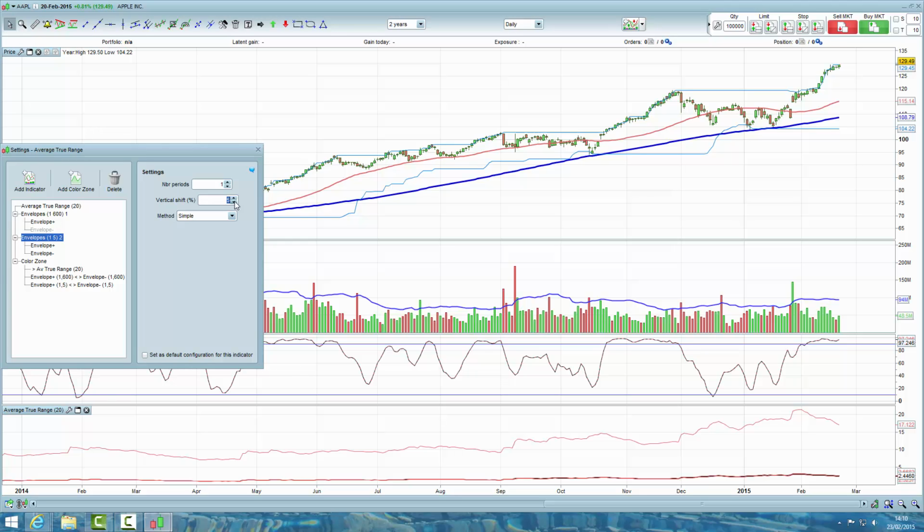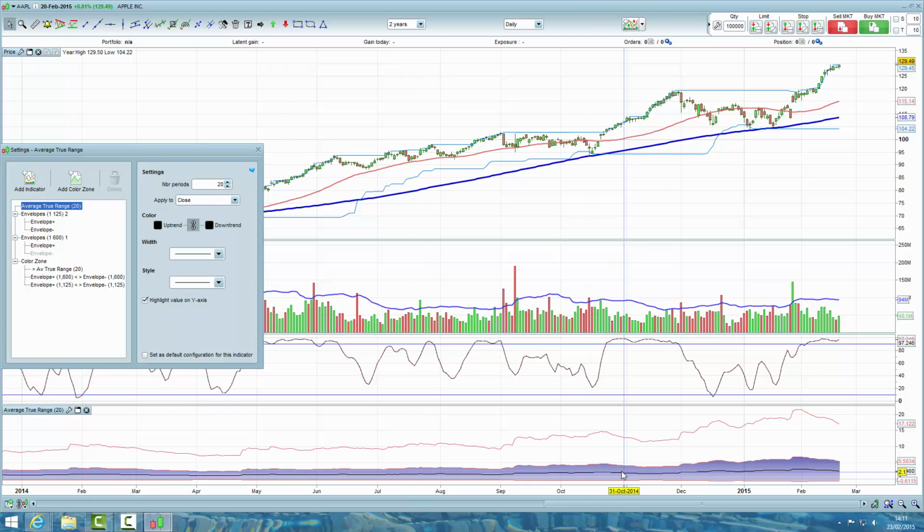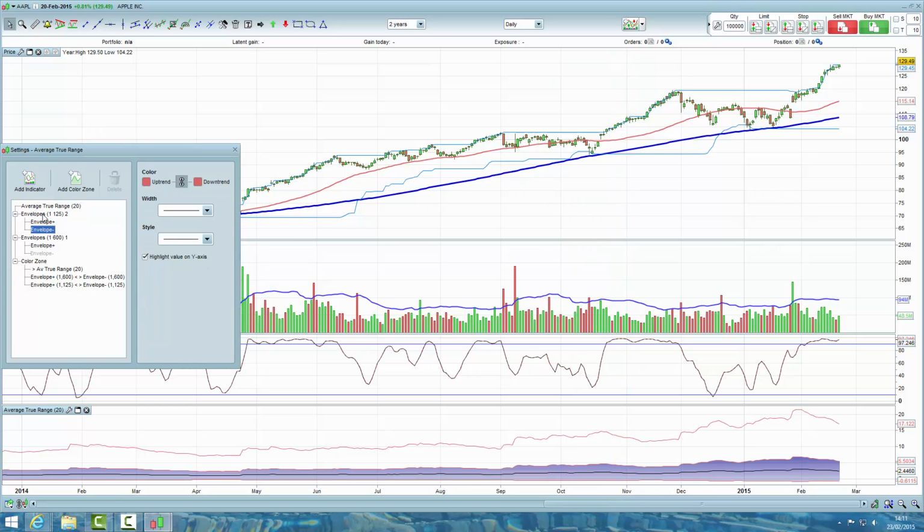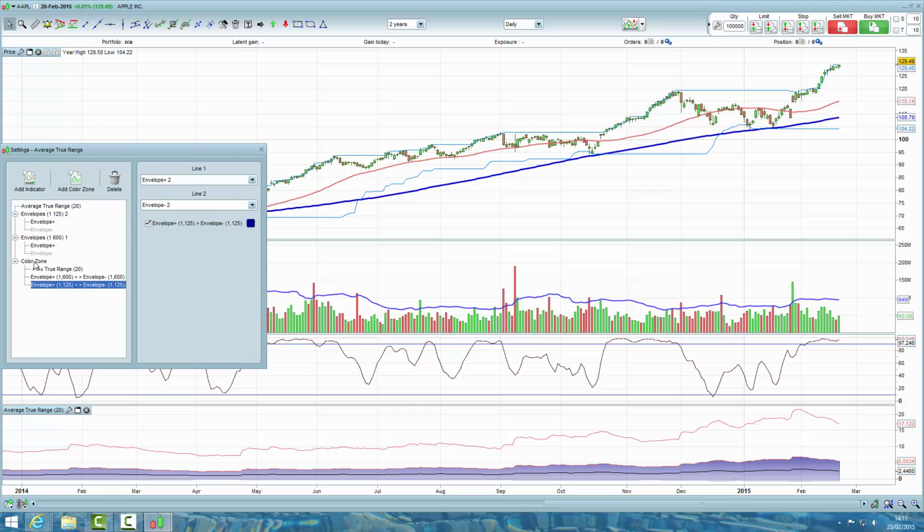So the stop loss is 2.25 times ATR beneath our entry price. So we need to work out what 2.25 times ATR is, and we can work that out by vertically shifting the ATR by 125%. Again, we'll make the minus envelope invisible, so click the envelope minus, style, invisible. Again, we'll get rid of the highlighted area by coming down to color zone, in the envelope 125, uncheck the highlighted box,